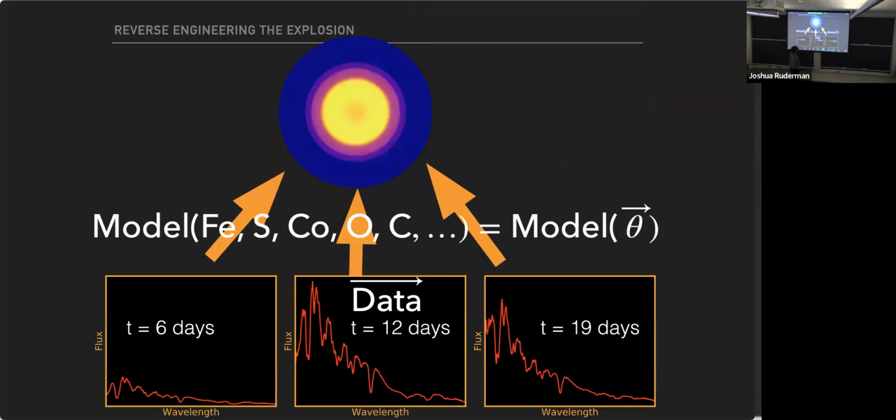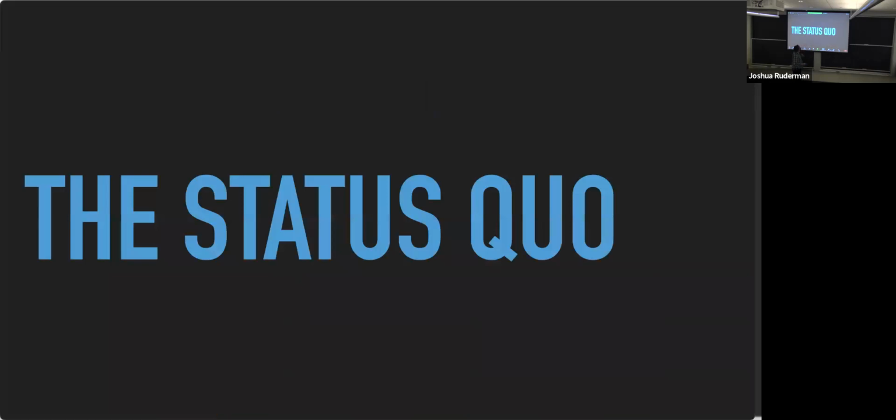And that means, in theory, if you have a spectral time series, any spectral time series, and we assume it's spherically symmetric, which we always assume, we can reconstruct the exploded star, which I think is super cool. But for each one of the observations, you then have parameters. If you take 10 elements for each one of these spectra, and you have 20 spectra, you have 200 parameters, which is difficult to do.